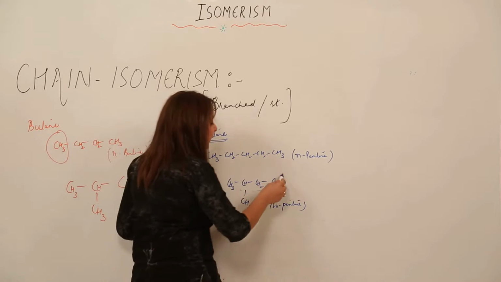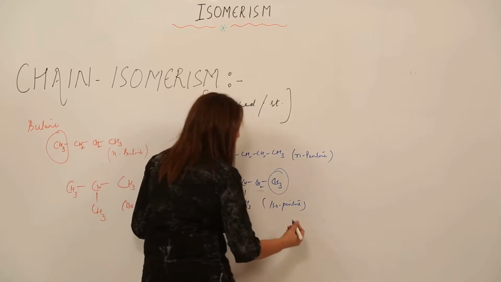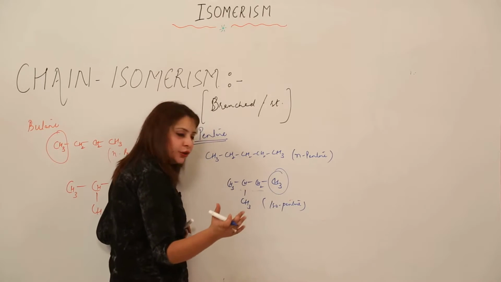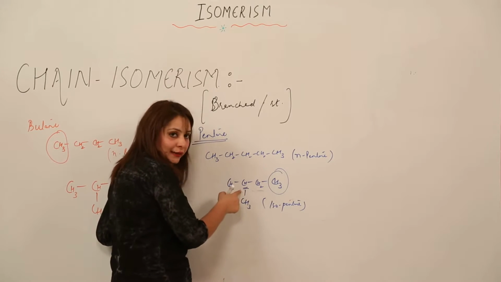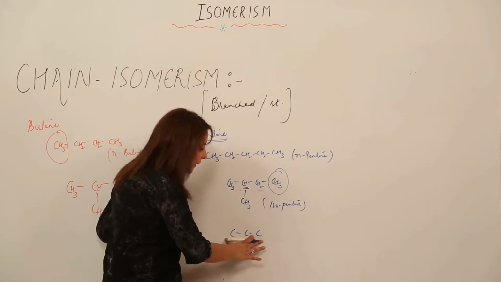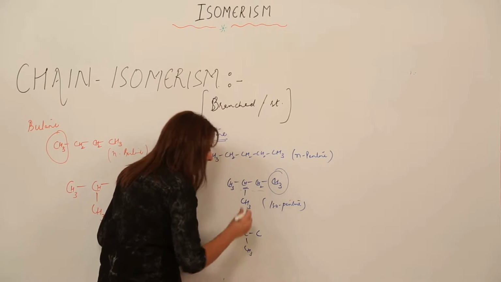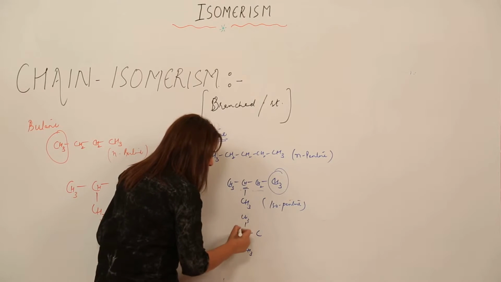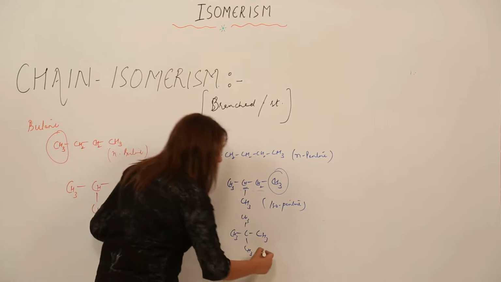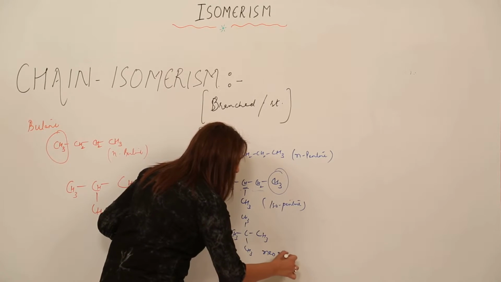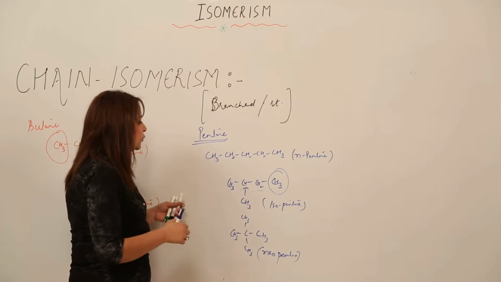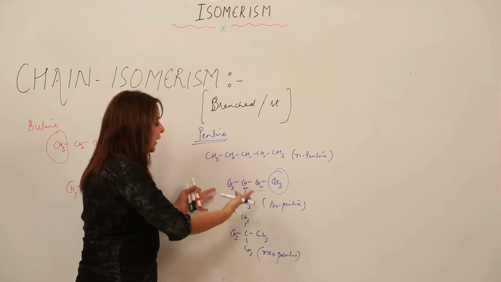So here I am just moving this methyl group to a non-terminal position. If I move this, what non-terminal position do I have? It is only this one, right? So I am just going to condense this chain to 3 carbon atoms. This is already here and I am going to attach it here. So after satisfying valencies, what do we have? This, right? So what is the name given to this? It is neopentane, right? So these are the isomers: we have normal pentane, we have isopentane,